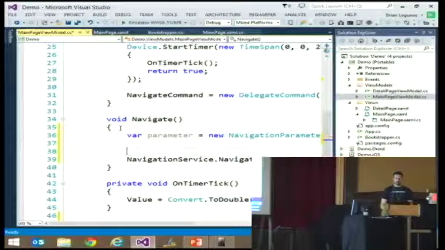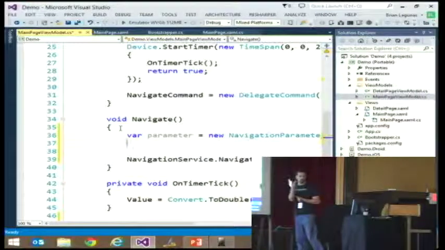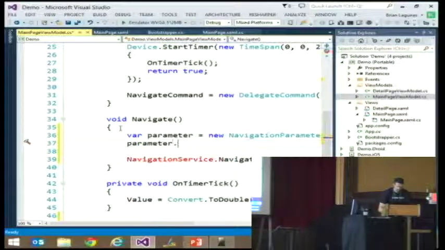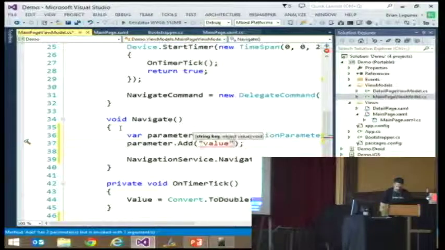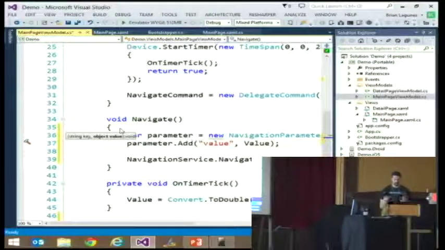Now you can do an HTTP typed URL for your parameters, like question mark ID equals. So you can generate a string based parameter, or you can actually pass objects themselves. So Add, we'll give it a name, and then we'll pass in the value of the view model, the current value, right? And in order to pass that around,